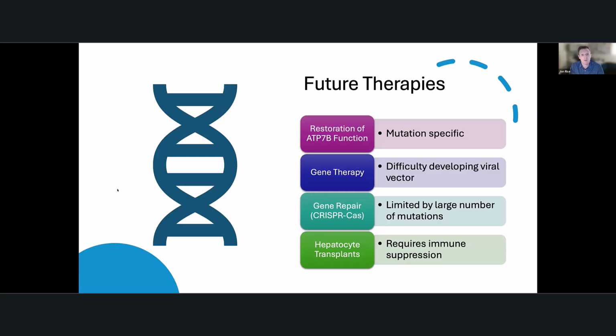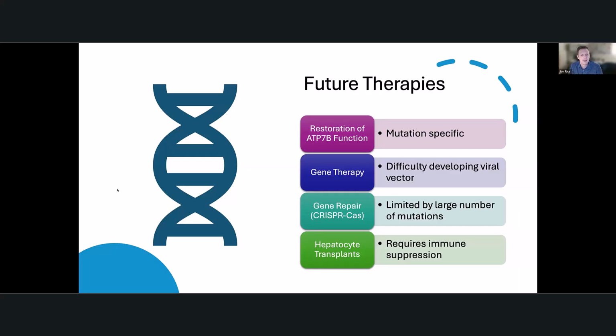You can do gene therapy. However, you have to develop a viral vector. However, some of these are in phase 1 and phase 2 clinical trials right now. You could use CRISPR to basically repair the enzyme. However, there's a large number of mutations, over 600. And so you need to create something that could fix all these different mutations depending on what the